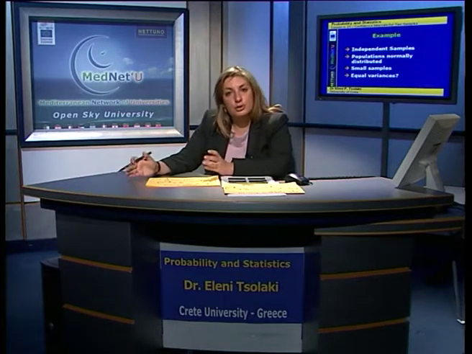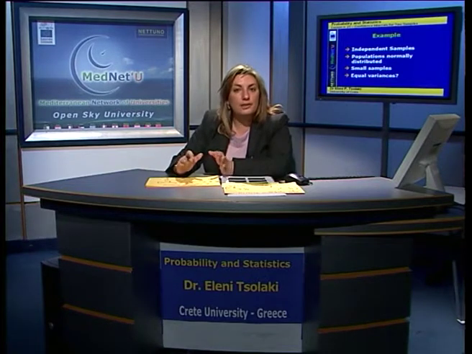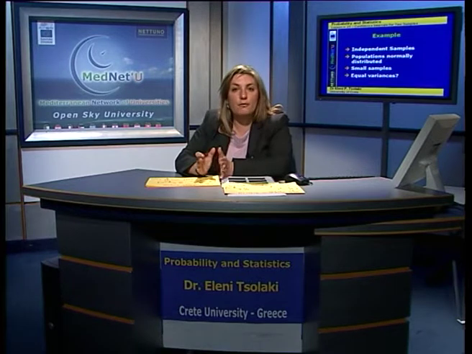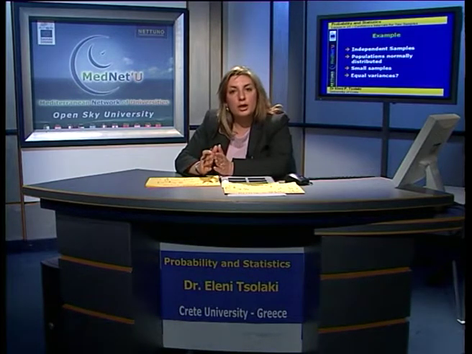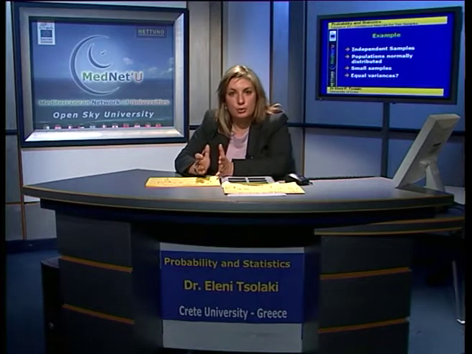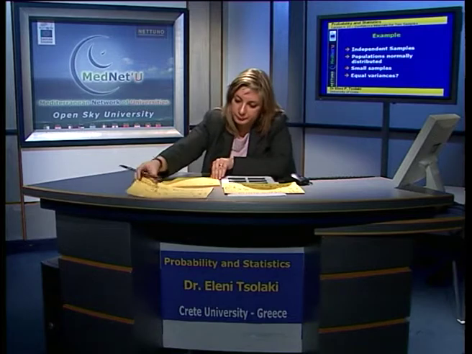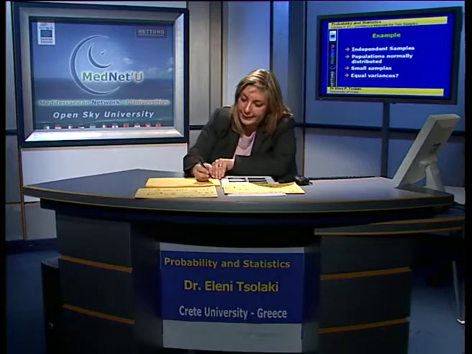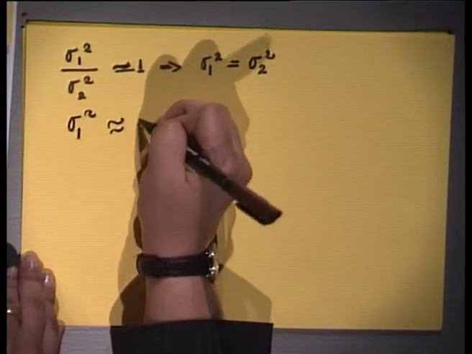So we are going to assume that they are, and in order to calculate confidence intervals now for the difference of the means of the two populations, we are going to use the formula where the two variances are assumed to be equal. So for this data, we can assume that the two variances are equal,